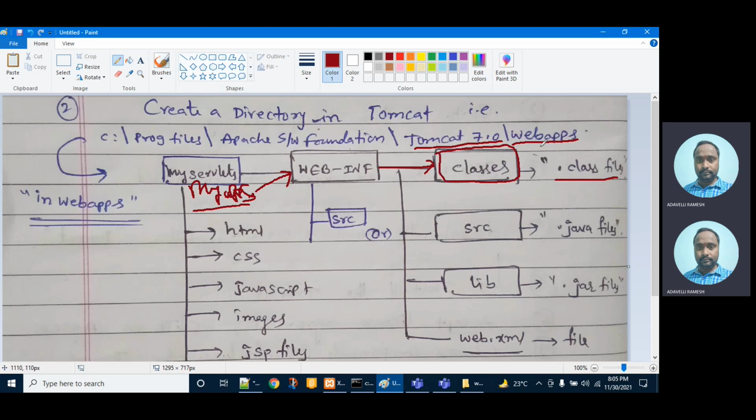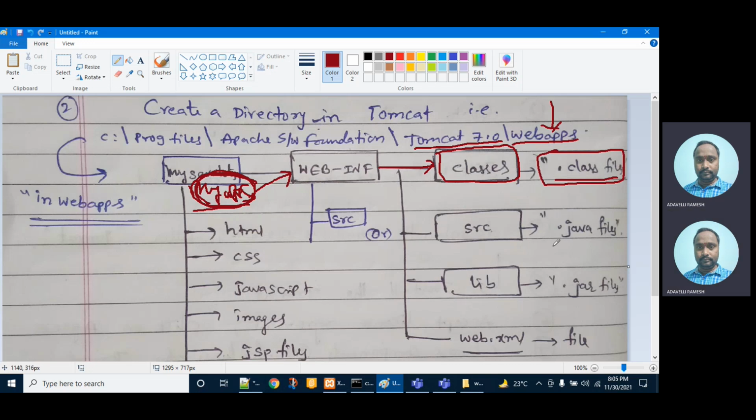So first, go to webapps. In that, create your folder, whatever application folder name you want. I gave my folder the name myapps. In myapps, create one folder WEB-INF, and in that, classes. Your servlet .class file should be inside this classes folder.